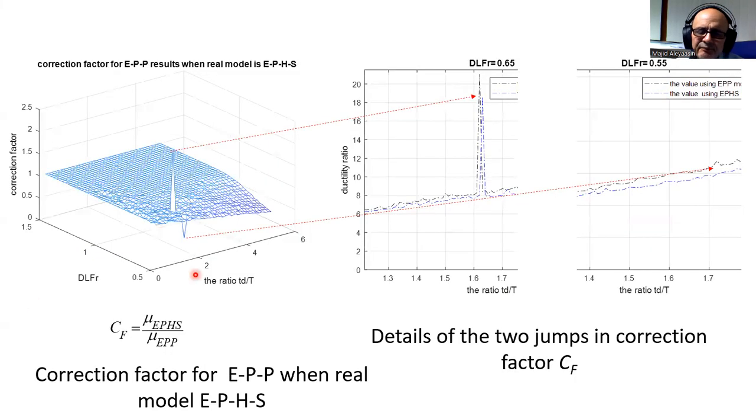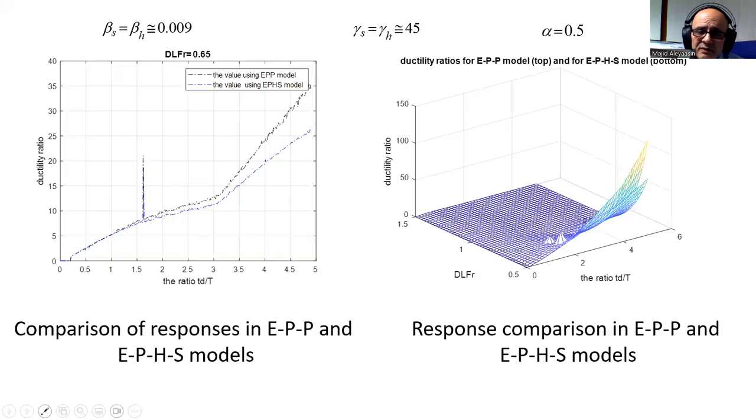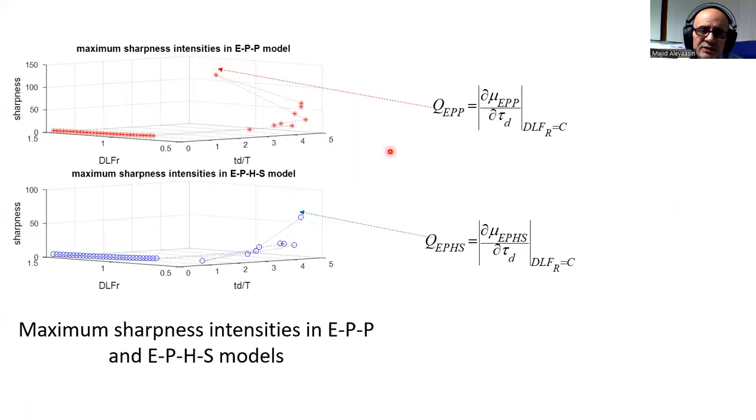Obviously, there may be some hidden jumps here that I am not examining. These are two significant ones. So this is why in both of these curves, I measure the sharpness of the resonances. This is some kind of sharpness of the responses in this curve and this curve. The sharpness measurement, I just defined it here.